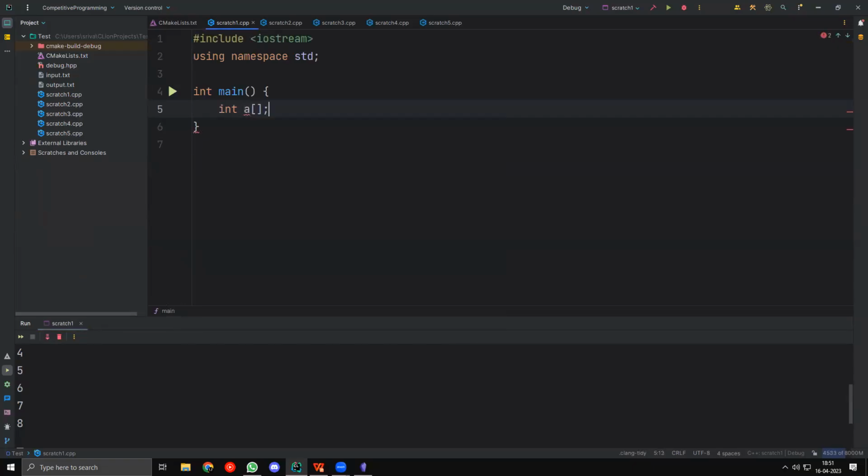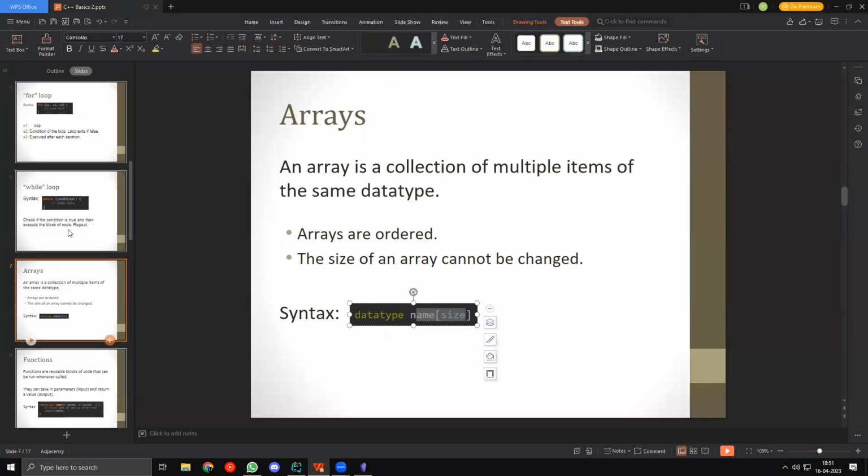A is the variable name, and I put these square brackets. After I put the square brackets, I'll say I want, let's say, 7 values. So I'll create int A of 7. Now what this means is that we are creating an array of 7 elements, and arrays are first of